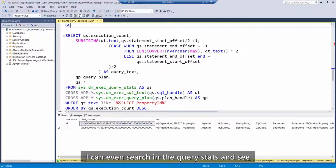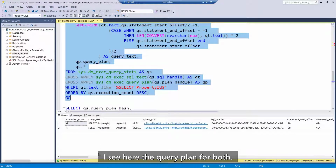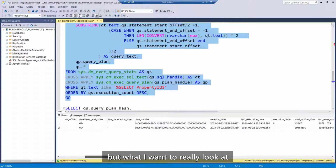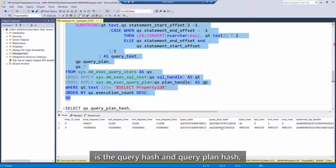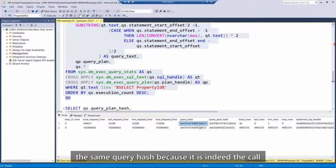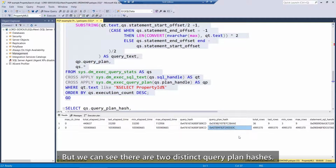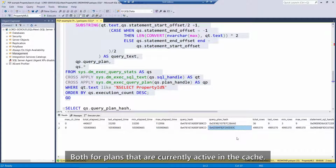I can even search in the query stats and see additional information. For example, I see here the query plan for both. I see the SQL handle is different, but what I want to really look at is the query hash and query plan hash. As I discussed earlier, this is, as expected, the same query hash, because it is indeed the call to the same stored procedure. But we can see there are two distinct query plan hashes,